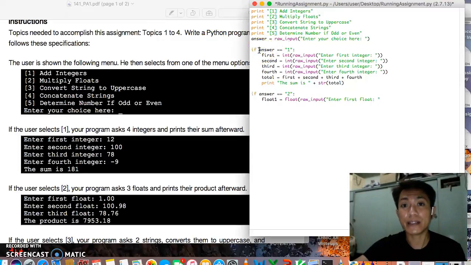So let's start. If the user would want to add integers, this is the one that we need to accomplish first. Adding integers is just a simple addition. We need to add the numbers. But just like this one here, wherein it has to be a raw input, we need to identify that the data that the user will be inputting are numbers to be computed as part of a mathematical equation. If we do not put that in there,